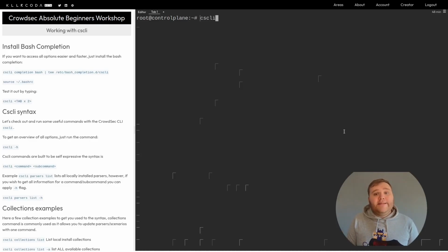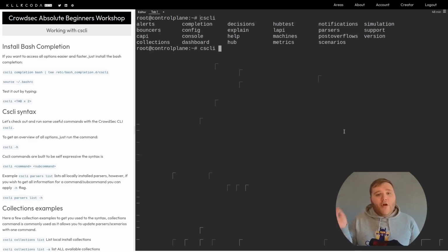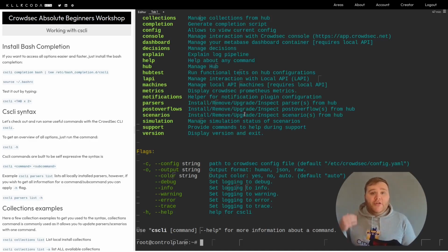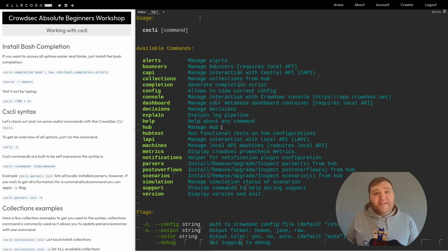So now if you type CSCLI with a space and then hit tab twice on your keyboard, you'll see that you're offered multiple options here. However, these options at the moment wouldn't make much sense, so I'm just going to go over some of these options in the next section. What I recommend to do in the first place is just to run CSCLI with no options whatsoever. Hitting enter, you'll be offered the help syntax,